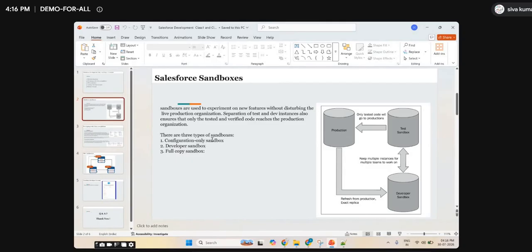For example, in the production, once I deployed the code, what will happen? For example, you bought a new mobile, and I also bought a new mobile. After 1 year, that mobile will be loaded with so much data, like photos, videos, music, everything. Is it the same as what you had when you bought the mobile? They will use the software and the required apps. You agree, everyone? Yeah. So after 1 year, it will have so much data.